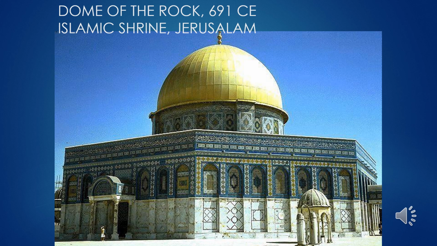This was one of the sites that the Crusaders wanted to capture in Jerusalem, and the Knights Templar believed it was the site again of the Temple of Solomon. So it's featured on the seals of their orders, and it became a model for some of the churches in Europe as well.